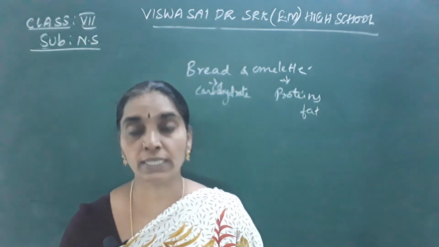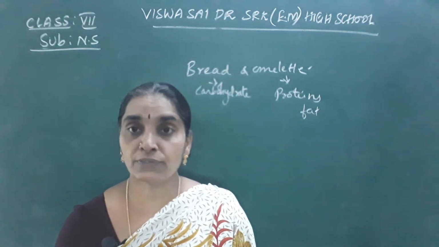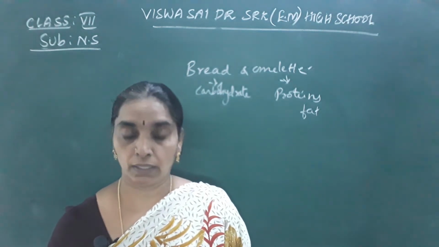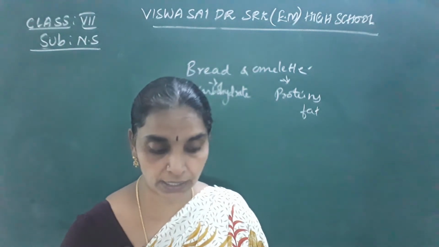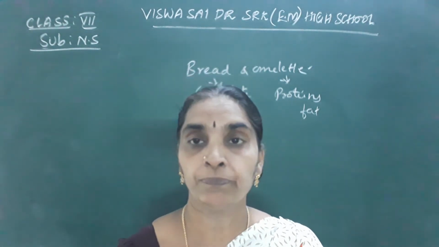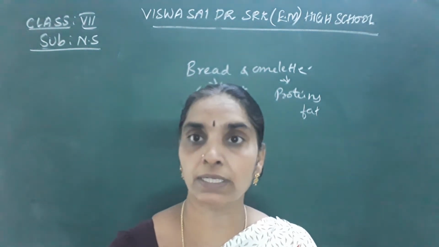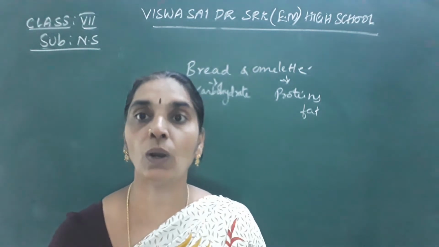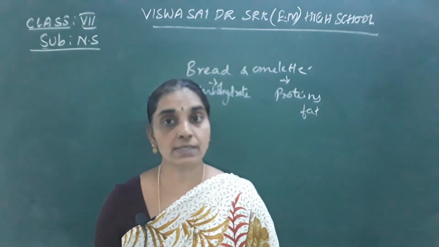If it is included in your diet along with any fruit and vegetable, it forms a balanced one. Okay, so here the question asked is, make a list of food items that contain all components of food. So you can mention the items that include all the components of food like carbohydrates, proteins, fats, vitamins and minerals.